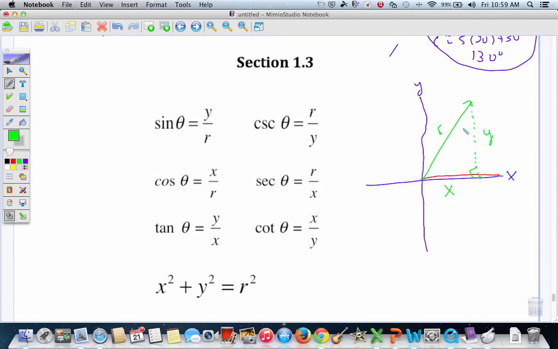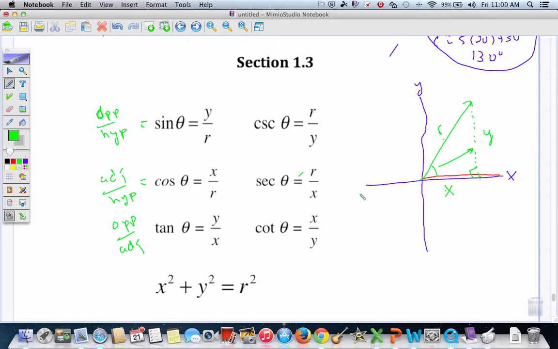But you can see our definitions here are in terms of x, y, and r, not in terms of opposite, adjacent, and hypotenuse like they have been previously. So sine is y over r, cosine is x over r, tangent is y over x. You might remember that sine is opposite over hypotenuse. So here, opposite is y, hypotenuse is r, so y over r. Cosine is adjacent over hypotenuse. Well, the adjacent side here is x, hypotenuse is r, and tangent is opposite over adjacent,